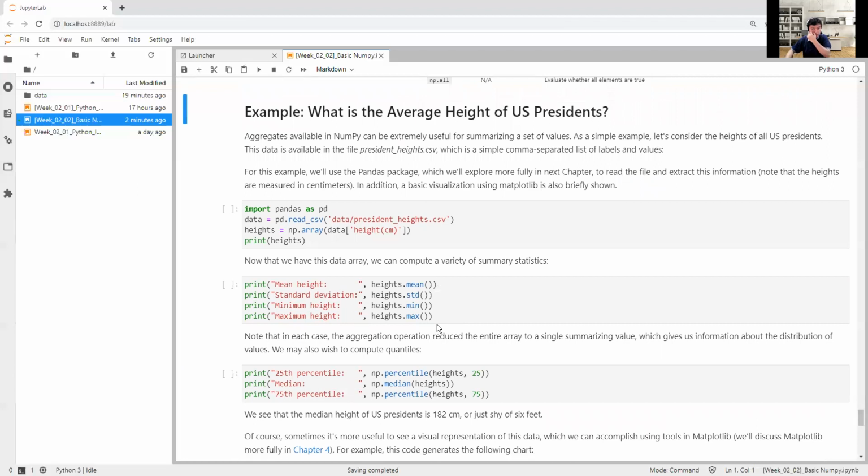Okay, I would like to give you one example about how to use the function in Numpy. Before I enter this example, I would like to mention that this is just a very basic data analysis from this chapter. In this section, I would like to use one data set, which is about the heights of US presidents. Okay? So the data set is available in the file